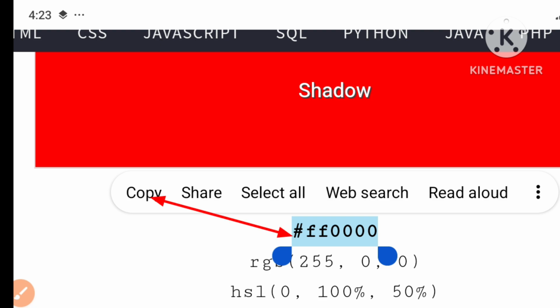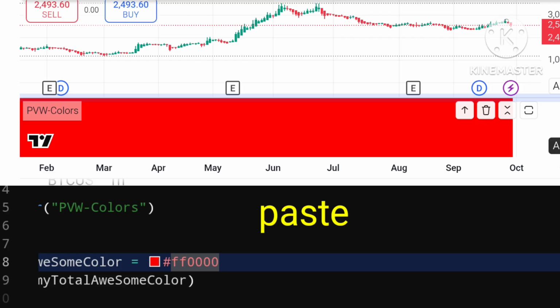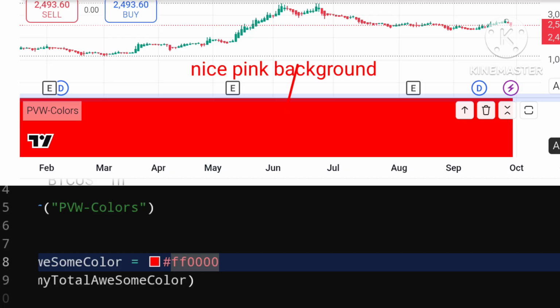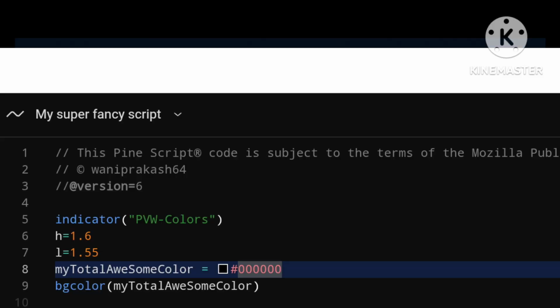So let us go with pink and copy this hex code and jump into the Pine editor. And now let us paste in this hex color and save the script. Voila! Easy. We have a nice pink background there using our hex colors. So again, let us just quickly go over these values. If I wanted a black background, all I need to do is